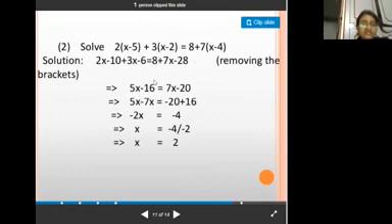5x variables on one side, 5x, 7x जब LHS पे जाएगा तो सब्ट्रैक्ट हो जाएगा, यहाँ पे पॉजिटिव साइन है, यहाँ पे जाके नेगेटिव हो जाएगा. -7x, -16 यहाँ पर है LHS में, RHS में जाएगा तो ऐड हो जाएगा, +16 आ जाएगा. 5x minus 7x is equal to -2x, -20 plus 16 is -4 आ जाएगा. -2x is equal to -4, -2 यहाँ पे मल्टीप्लीकेशन में है, यहाँ जाकर डिवाइड हो जाएगा. -4 डिवाइड बाय -2, x is equal to 2.